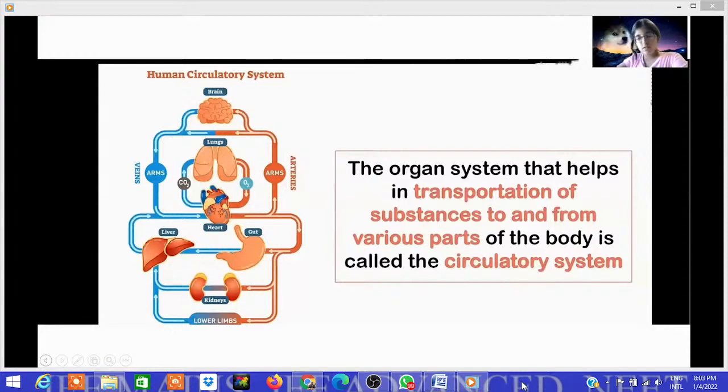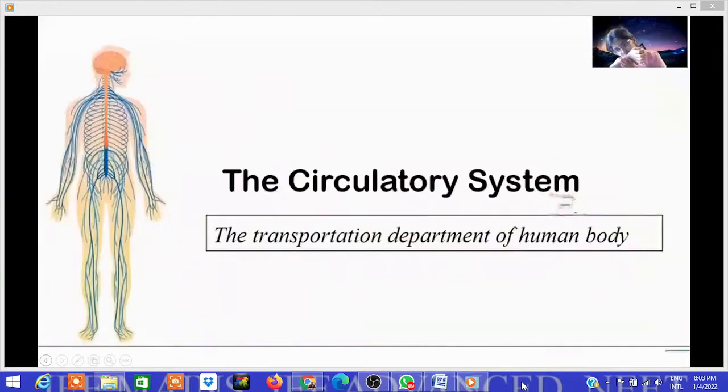Okay, so actually the blood flows from lungs to the other organs and organs to the heart, and I will tell you the process. You just need to understand how everything works in our body. So this is our body and you have to know about it, right? So circulatory system is nothing but a transportation system, or you can say it is the transportation of substances to and from various parts of our body. That's simple. You can simply remember this.